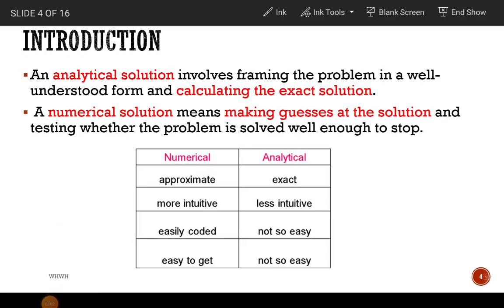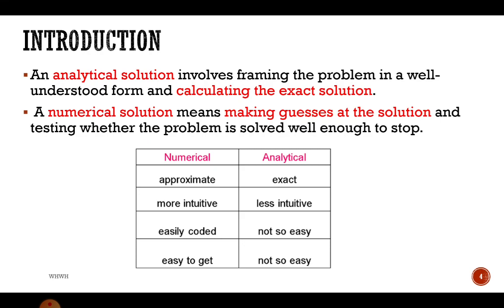Okay, so here is a sum up of the difference between numerical and analytical methods. The analytical method is what you have already experienced: we are calculating the exact solution. The numerical solution means we make an approximation, making a guess at the solution. But making a guess is not like